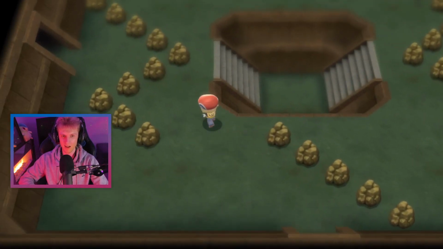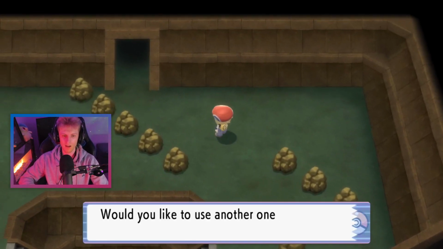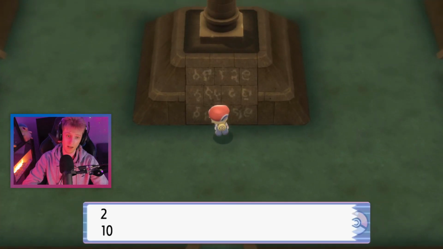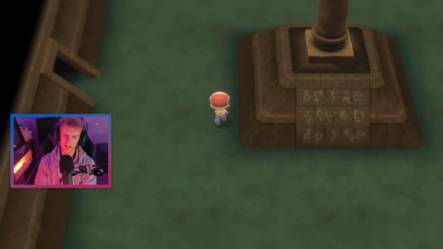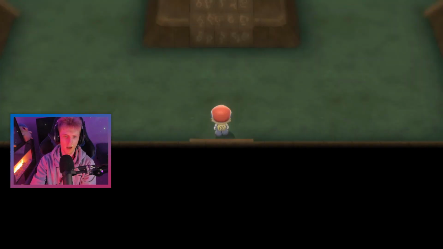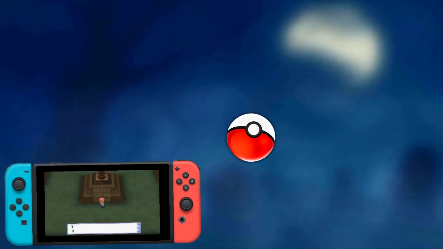That'd be great. It's good that it kind of tells you whereabout you're at. Would you like to use another one? Yes, please. So there we go. Second pillar. 210. So that's good. We got 20 attempts now to find the third pillar. Once you've interacted with the second pillar there, and that's very lucky, you are going to be able to encounter